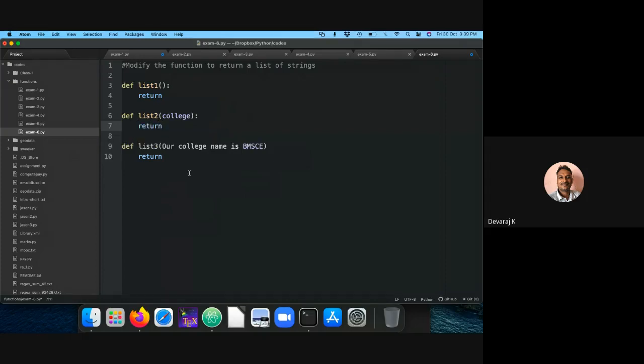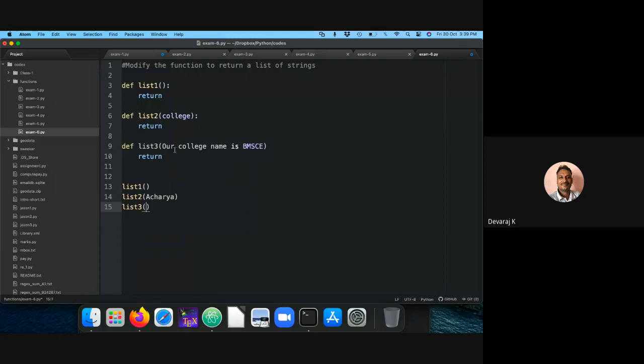If nothing is there, I want to call this somewhere. Say, for example, list 1. Then somewhere else, list 2, which I'll call maybe Acharya, whatever it may be. Then list 3.